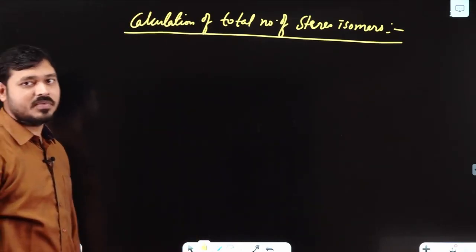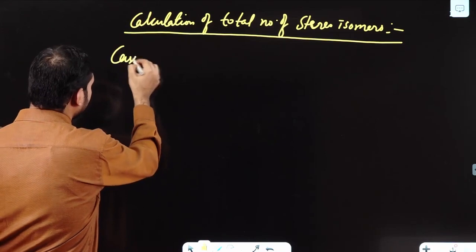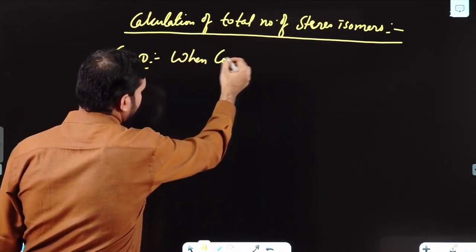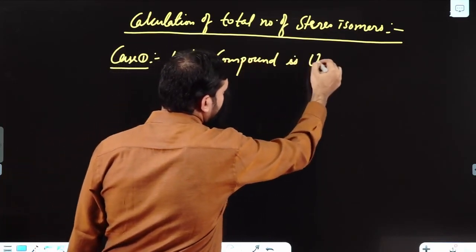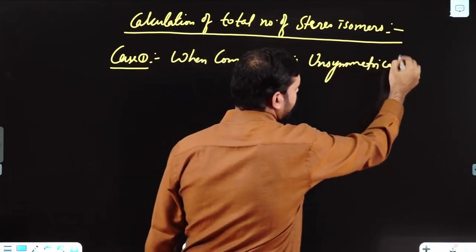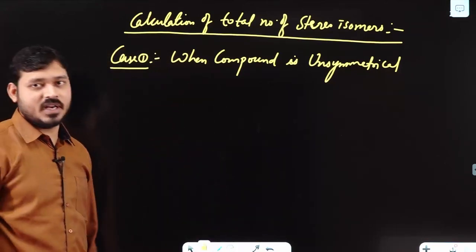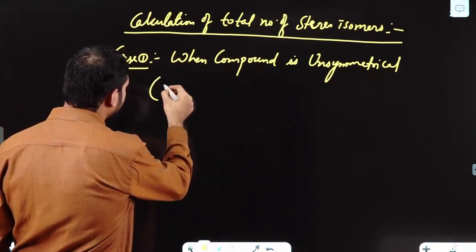Calculation of total number of stereoisomers. Okay. See, case 1 I am taking when the compound is unsymmetrical. Okay. In another way, I can also say